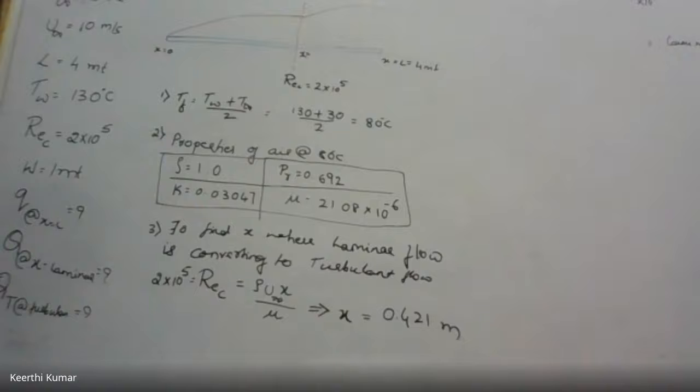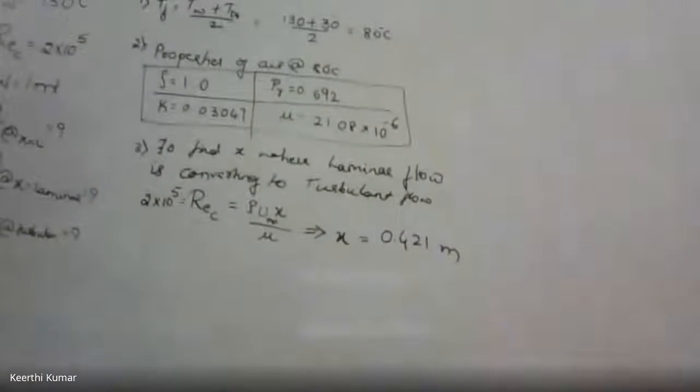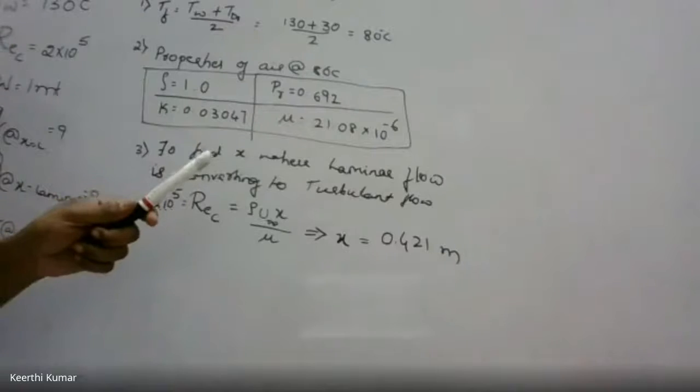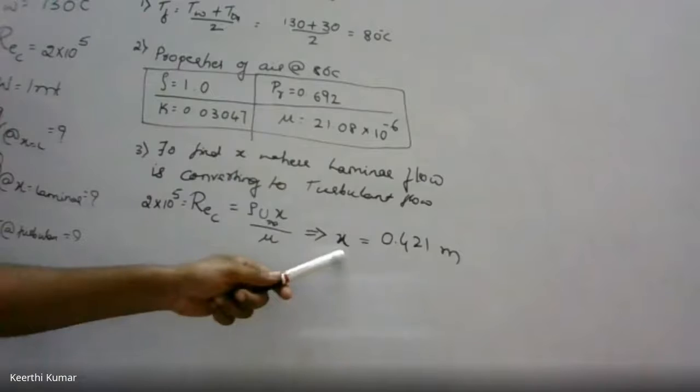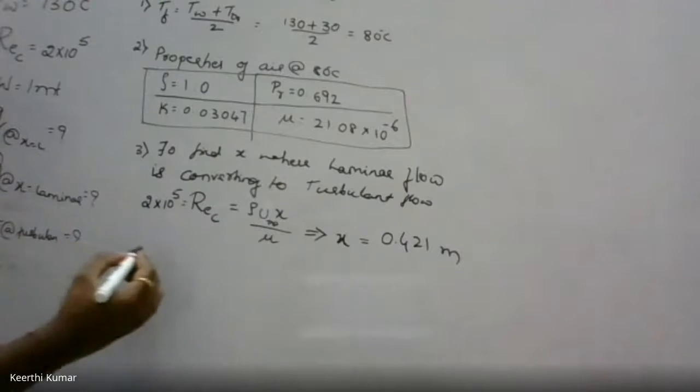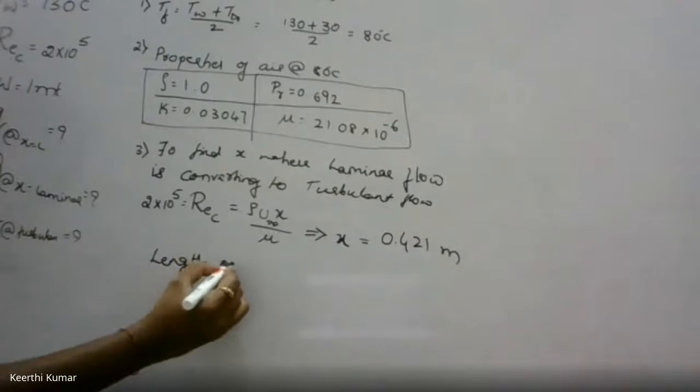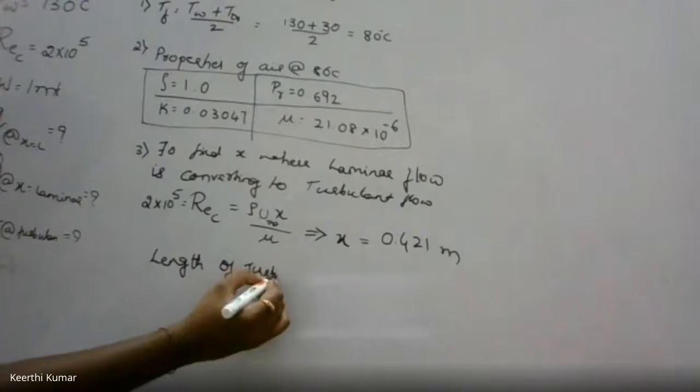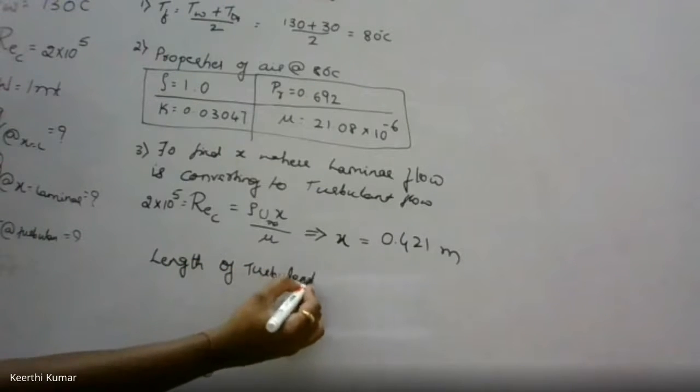So, can anybody tell what is the length of the turbulent region? What is the length of the turbulent region? The total length of the plate is 4 meters. In that, the laminar region is this much. The length of the turbulent region, I'll write that also. 3.57. Yes. Length of turbulent